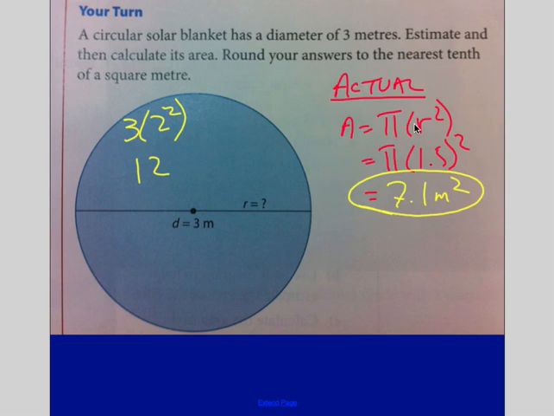So pi times r squared, actually I said this was wrong. Pi times 1.5 squared gives me an answer of 6. So I squared it when I shouldn't have squared it. So pi times r squared is pi times 1.5 squared, which gives me an answer of 7.1 square meters. All right, and again, all we did was go pi r squared. The estimating is the stuff that takes the time. Calculating